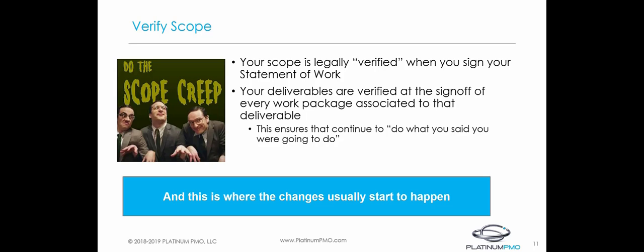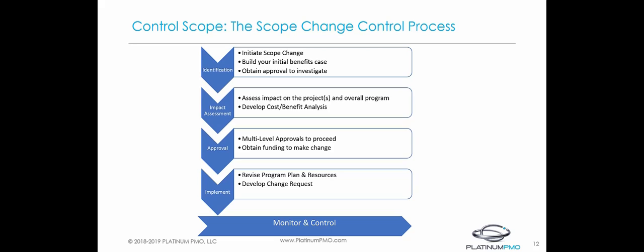How you control and manage those changes is what we'll be discussing next. Your program needs to have a rigorous and disciplined change control process. If you don't have this, you are going to be one of those statistics of failed IT-enabled transformation initiatives. The process we are going to cover here in its simplest form has 5 steps: identification, impact assessment, approval, implement,